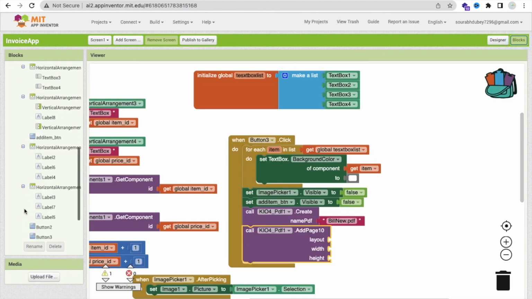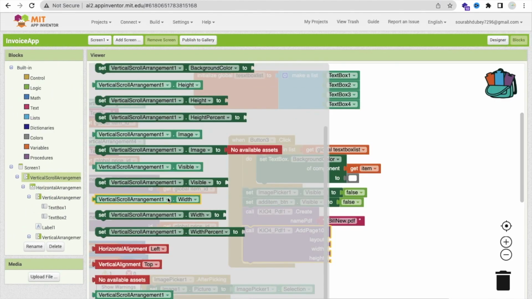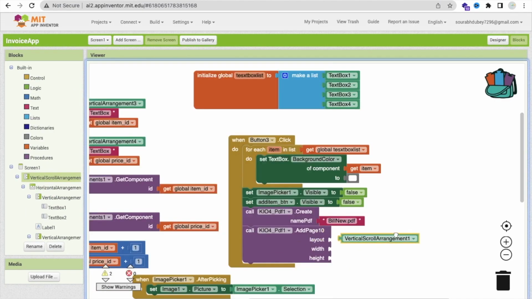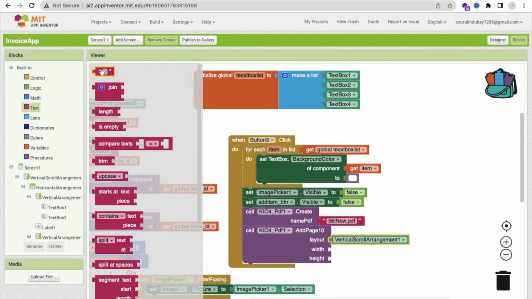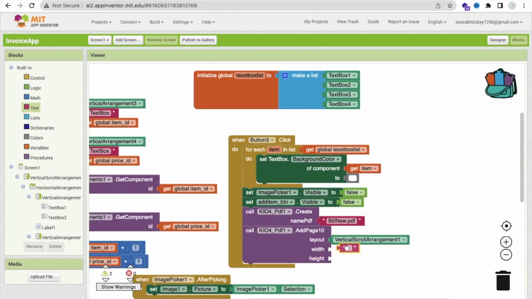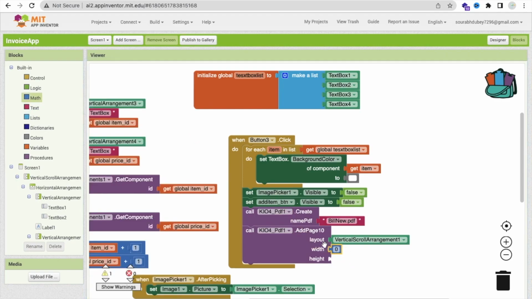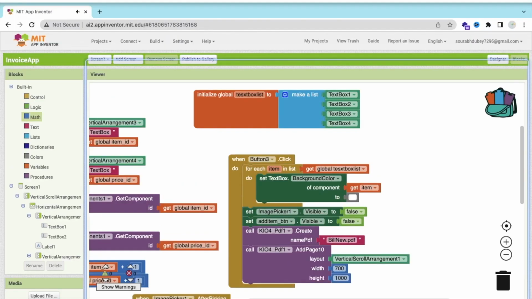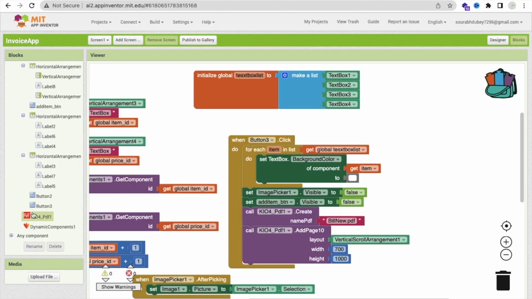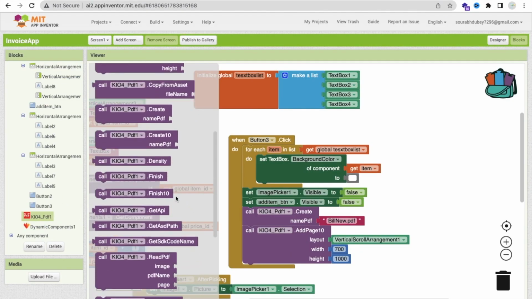So go to the block, just select vertical scroll arrangement 1, select that layout here, and the width and the height you can define accordingly. What I will define here, the width and the height, maybe you can define by number. So go to math, go to the number, and the width is around 700 and the height is around 1000. Okay, like this. We need to call one more component here,